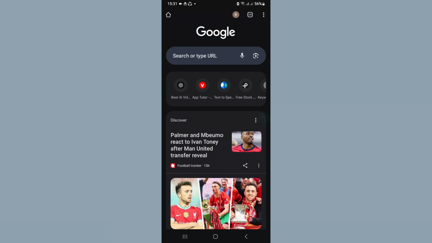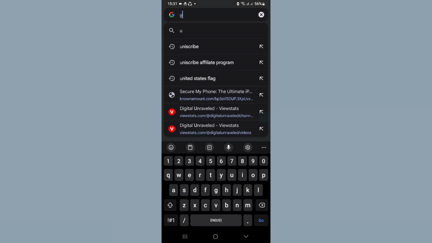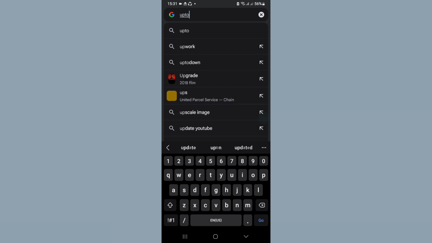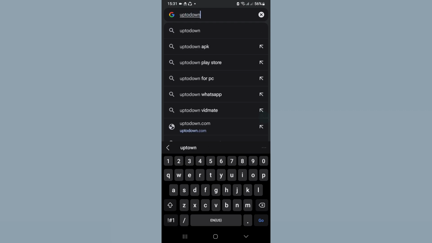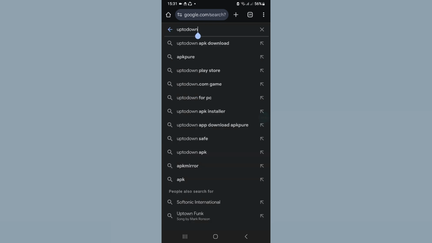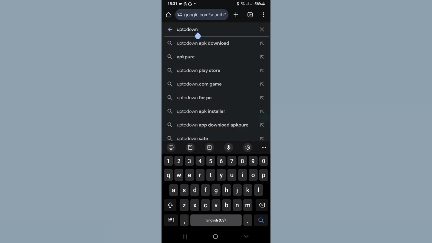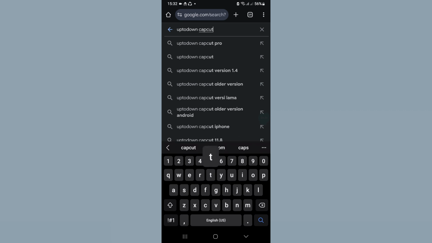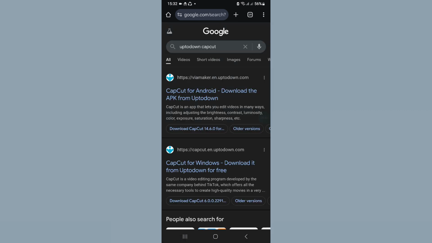Then once you open up your web browser, you want to search for the term Uptodown, or search for the website called Uptodown. Once you do that, you can simply click on it, or you can go back to the search bar, and then in front of Uptodown, you can simply type in the word CapCut, and that's going to give you the option to go directly to the CapCut app or the CapCut download option on Uptodown. So click the one that says CapCut for Android,